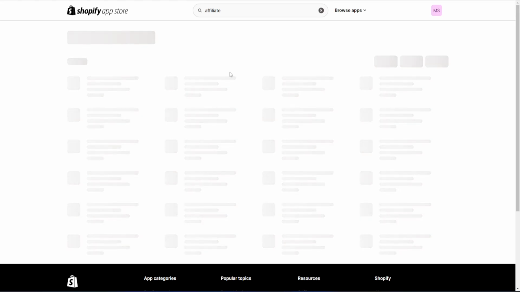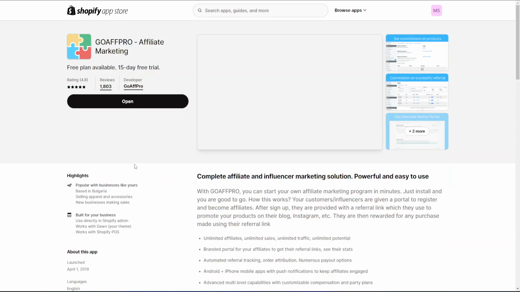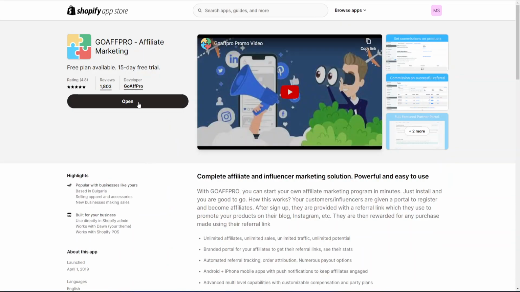and that will take us to this page. And now you want to look for this app called GoAff Pro Affiliate Marketing, and I'm going to click on that one. And for me it says open because I have it already installed, but for you it will say install. So you just click on that and you follow the steps to install it, and then it will take